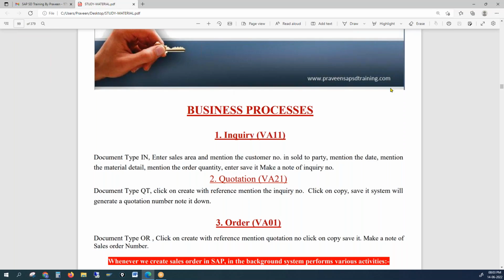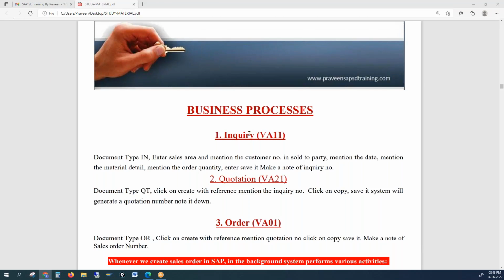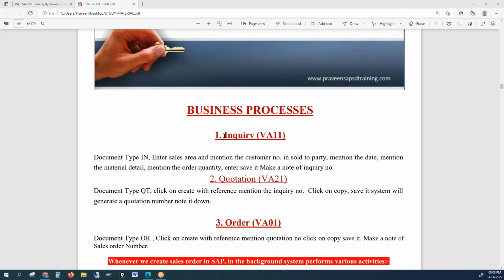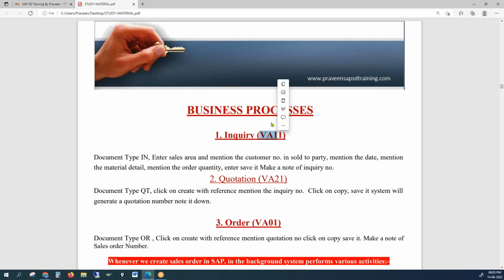As we discussed, the first process always starts with an inquiry. An inquiry is created in the SAP system with a T code called VA11, and every transaction or